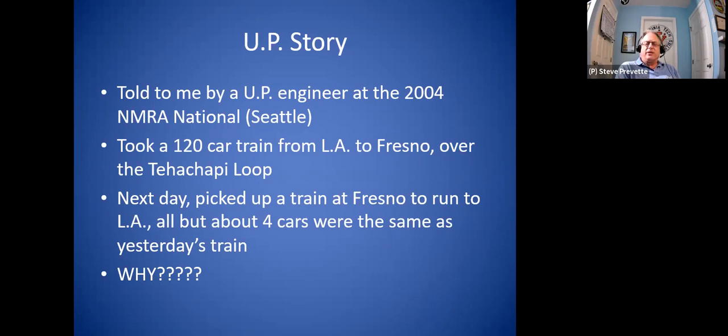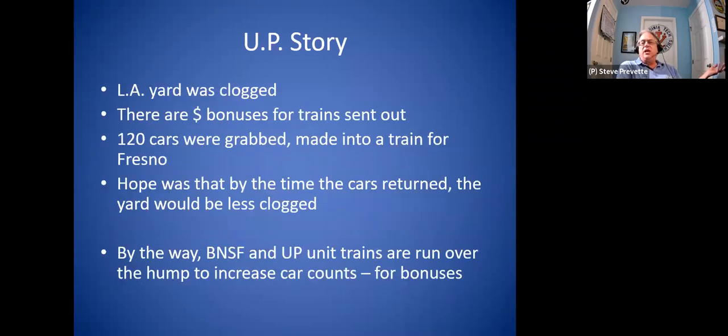What's the deal? Well, the train master then explained that LA Yard was clogged. They had to get the cars out of the yard. How much we talked about this on OPSIG. They were losing their bonuses for sending out trains. They grabbed 120 problem cars, threw a couple engines on them, and sent them over to Fresno to get rid of them, with a hope that by the time they came back to LA Yard, they'd be able to sort them. So kind of interesting things of